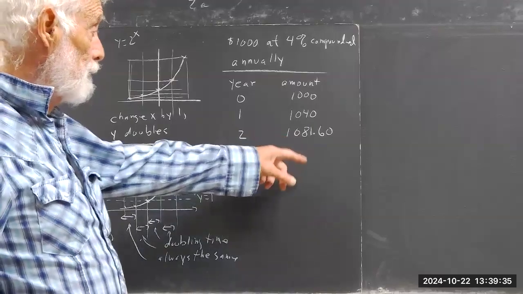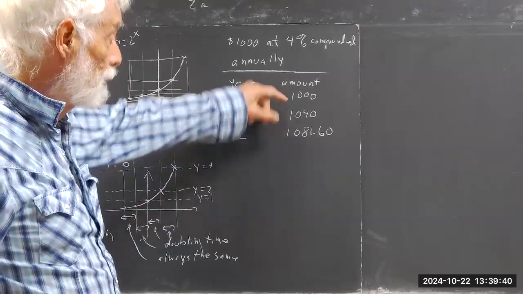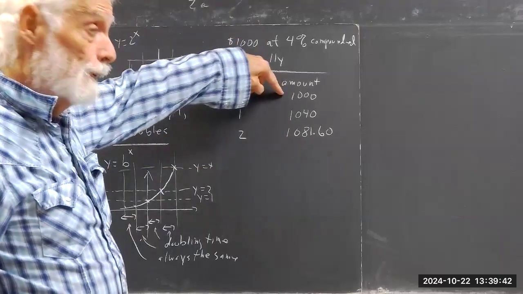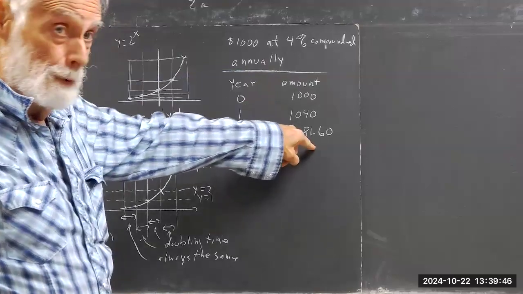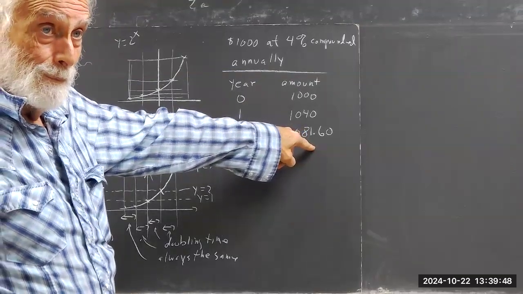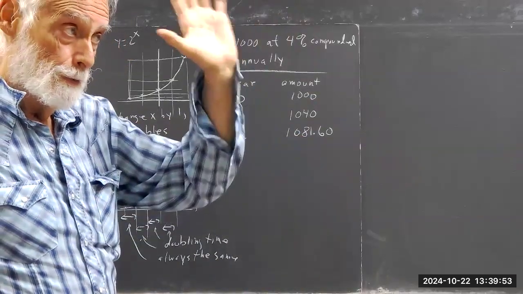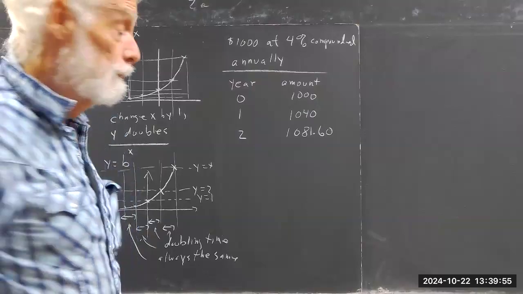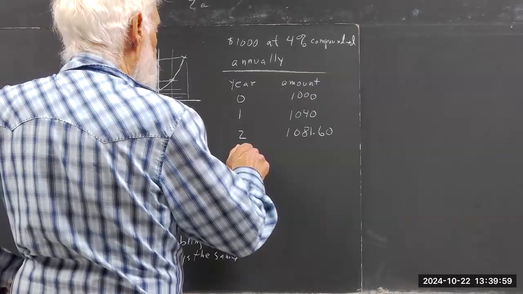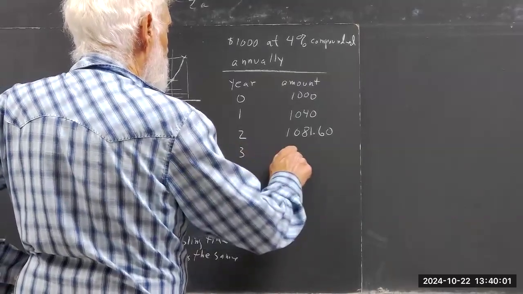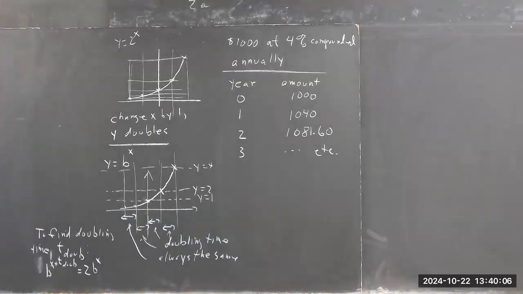Well, that extra $1.60 that you would have if you only had $1,040, which would base your interest on $1,000 rather than $1,040, doesn't seem like a big deal. Okay, but it grows, and it's important for your financial future to understand how these things grow. Okay. Well, after 3 years,